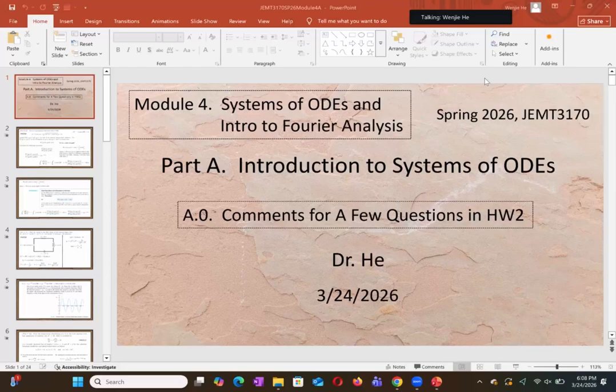Because Fourier analysis is the main topic of our second half. After the midterm, the most important topic is this Fourier analysis. So I split it into two parts: first half in Module 4, second half in Module 5. And we also need to